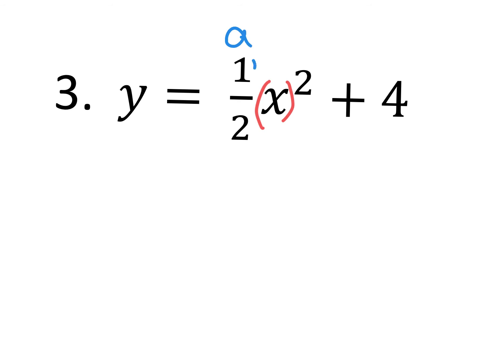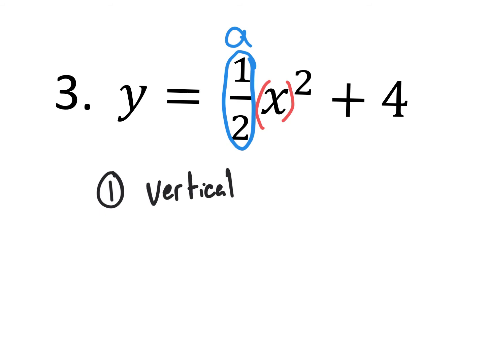But I do need to talk about this a value of 1/2. What does that a value do to the original regular U-shaped curve? What does that a value do? It causes a vertical, what do you guys think? A stretch or a compression? What do you think? Thank you for those that participated. It is a vertical compression. And if you don't know, it's pretty simple. This is a vertical compression